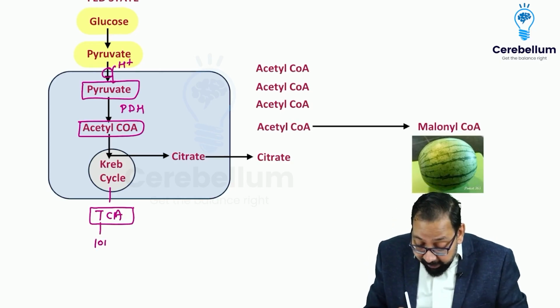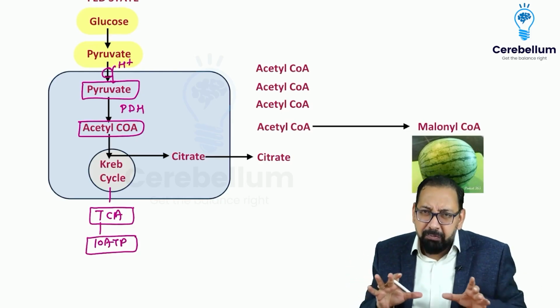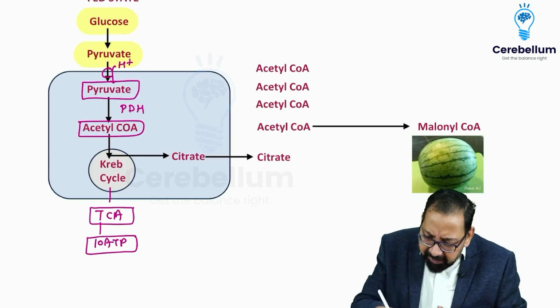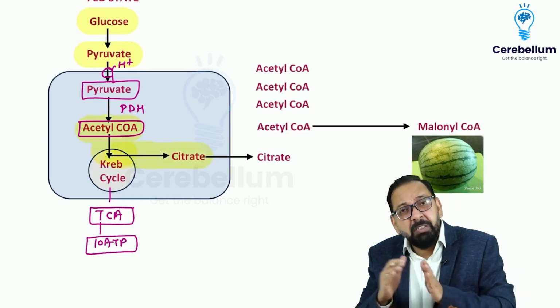Question is asked: one acetyl CoA entering the TCA cycle produces 10 ATP. We found that when the energy requirement of the cell is fulfilled, this extra acetyl CoA is converted to citrate, because